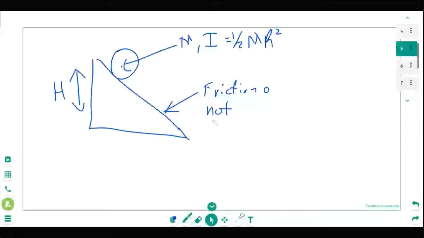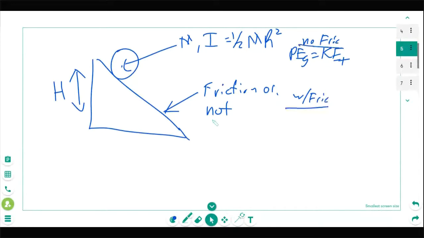If we don't have friction, we can just do simple potential energy turns into kinetic energy, go from there, right? We can say PE G turns into kinetic energy and go. This is no friction. With friction,